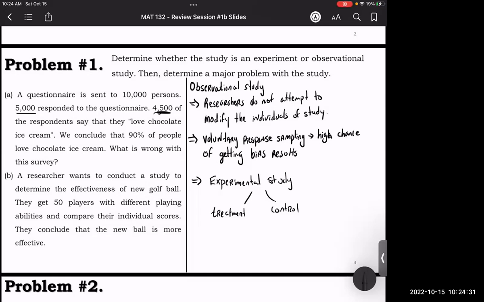I'll give you a hint. Look at the two groups that I have written down. We have a treatment and we have a control. What is the treatment group? Is it the 50 players? Well, that's the who. The 50 players are getting the treatment. That's right. So we have that the treatment is the 50 players